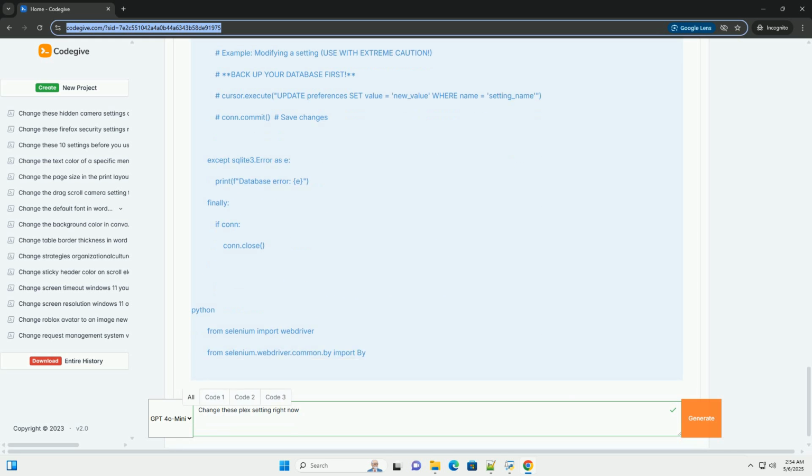Server restart: after making changes, especially to the database or through the web interface, restart your Plex Media Server to ensure that the changes are applied correctly. Read the documentation: consult the Plex documentation and the plexapi documentation for the most up-to-date information on available settings and